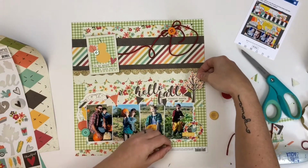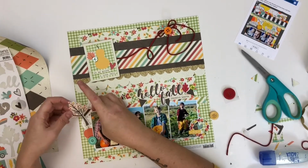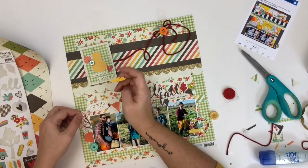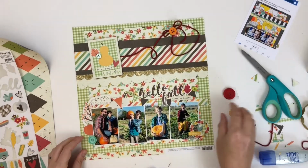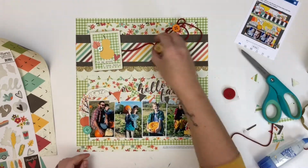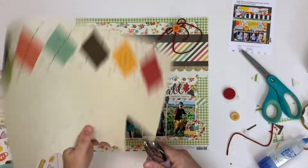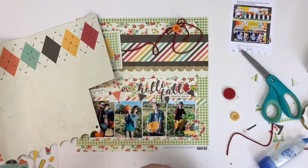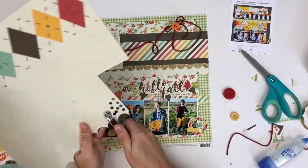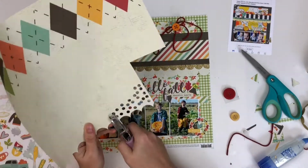So I'm going to work in a few more of these stickers. I'm a sucker for using my stickers since I spent so much time drawing these embellishments. Initially, I love using them. So here's where I decide I'm going to sew down these buttons, and I'm going to spare you having to watch that process. But first, in the corners of the layout, there are little dot sprinkles,